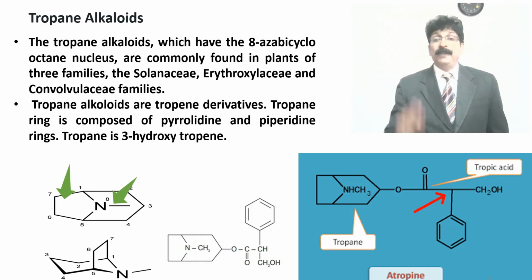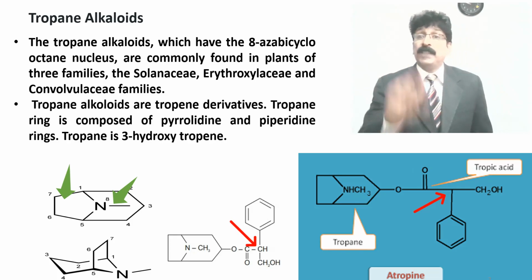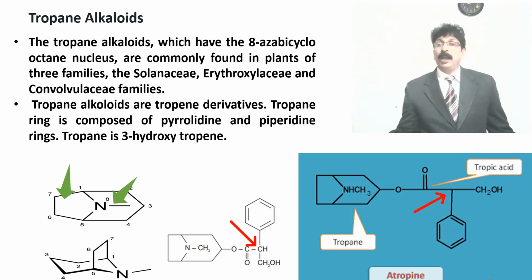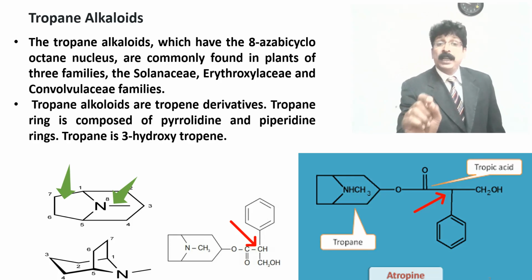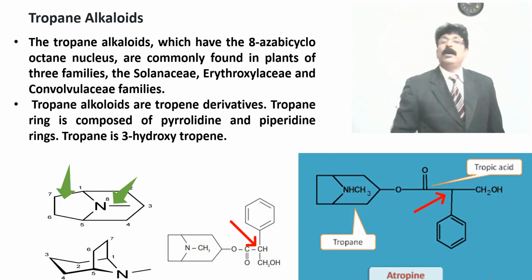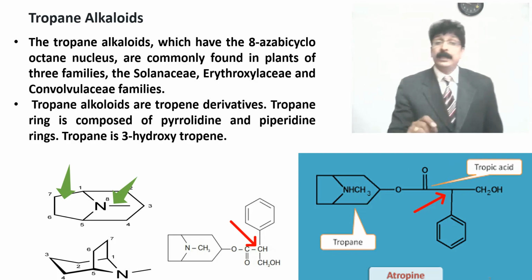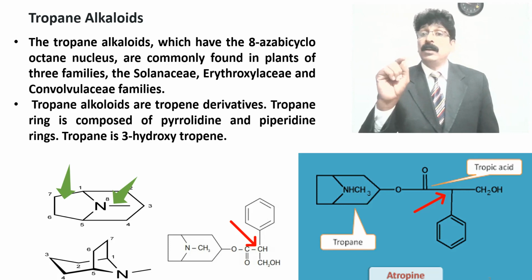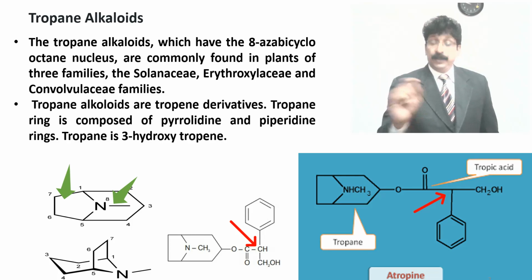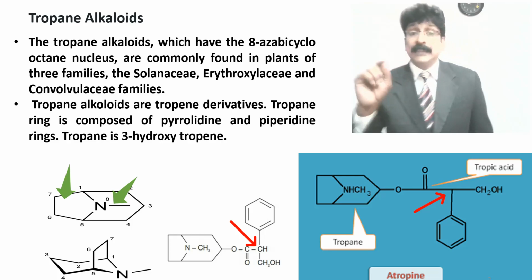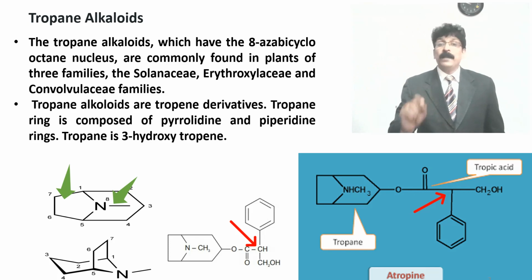And we can see in expansion that this place is the chiral carbon atom, which has all the molecules attached to that carbon atom. One is hydrogen, one is benzene, one is CH2OH, another one is C double bond O, with tropic acid. So tropic acid is one substituent. Benzyl group is one substituent with an alcoholic, and hydrogen is another substituent, and CH2OH is another substituent. So that carbon atom will have,